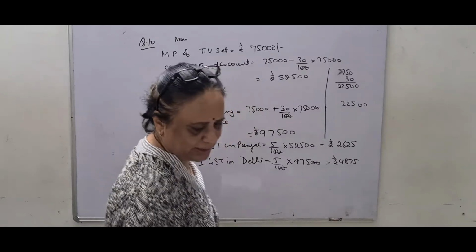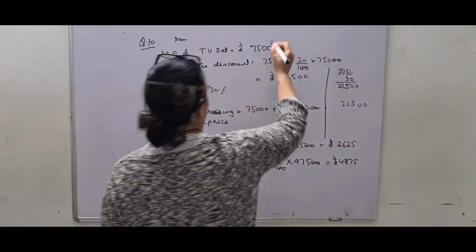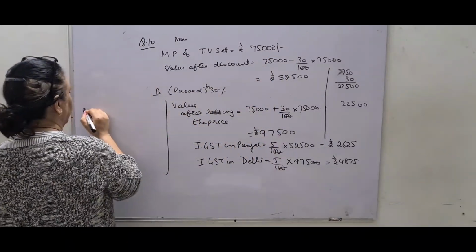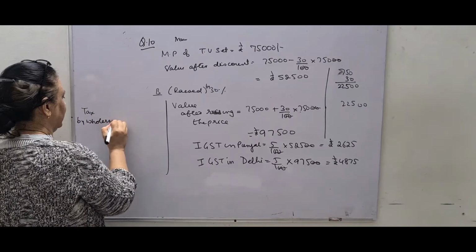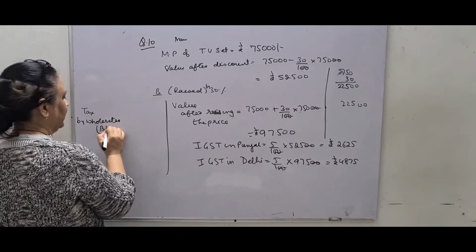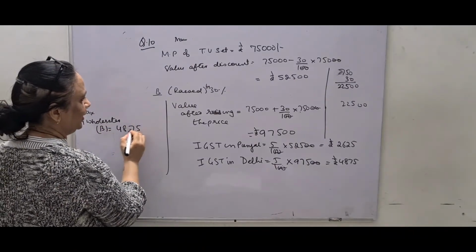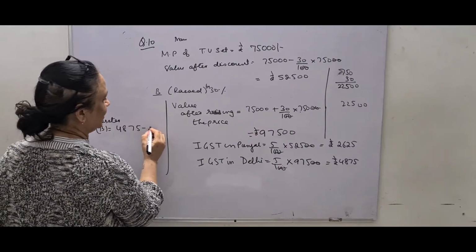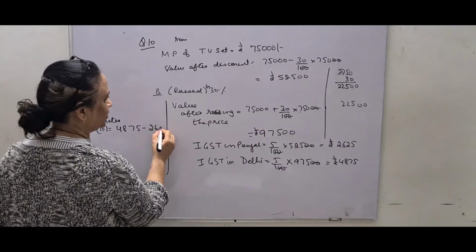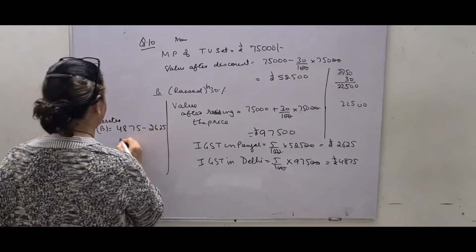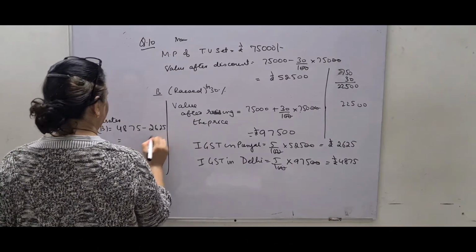And he asks, what is the tax paid by the wholesaler? You know now how to write it. I am writing at the side so that it is visible. Tax by wholesaler. Wholesaler, that is stage B. It will be 4,875 output tax at Delhi minus ITC, input tax credit, in the first case 2,625, and this difference is the tax paid by the wholesaler B, that is rupees 4,875 minus 2,625,